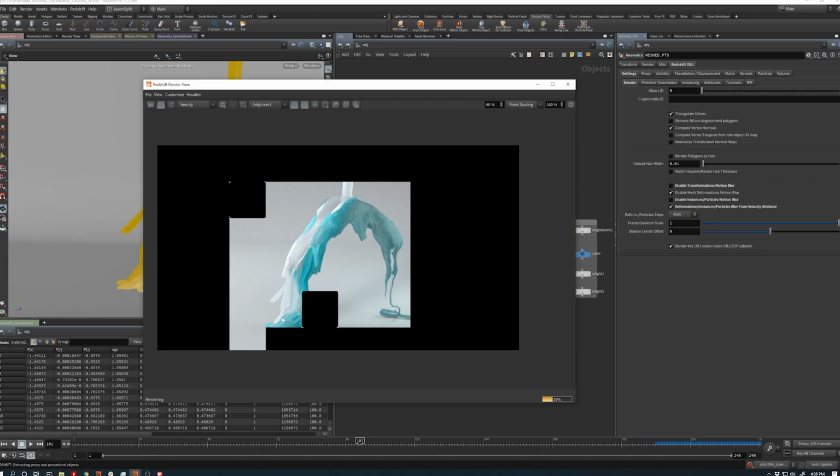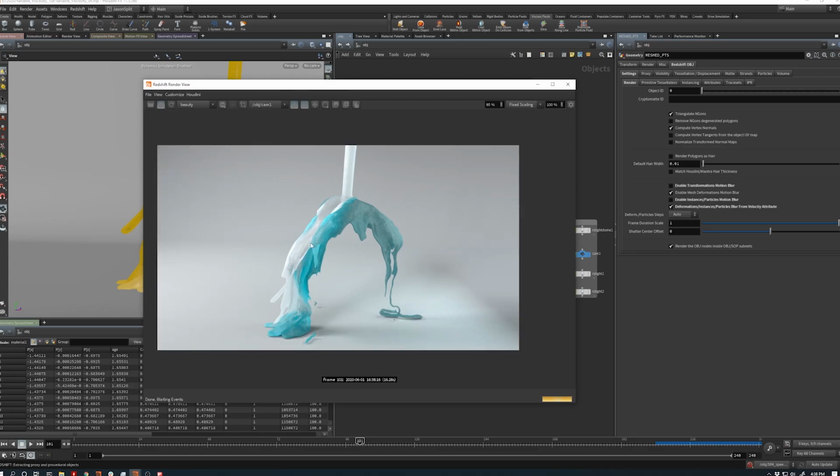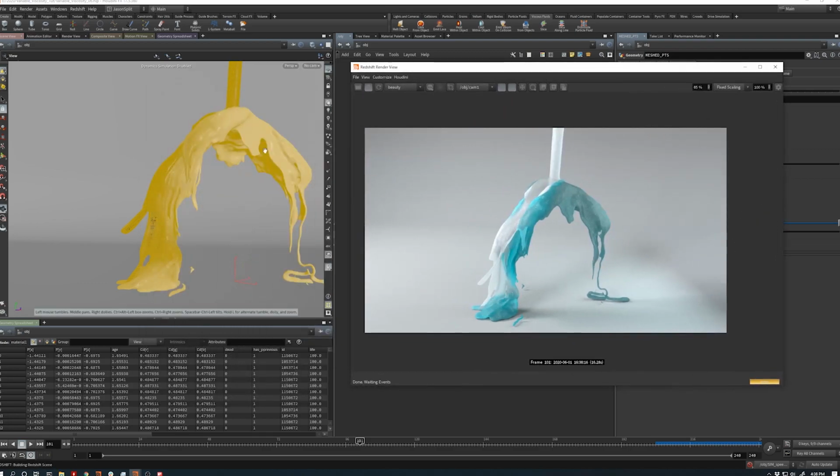I didn't mean for it to, but it actually looks like it's the same colors as all of Autodesk's screens, or their splash screens. Looks like a goopy Maya logo or something. But yeah, so that's